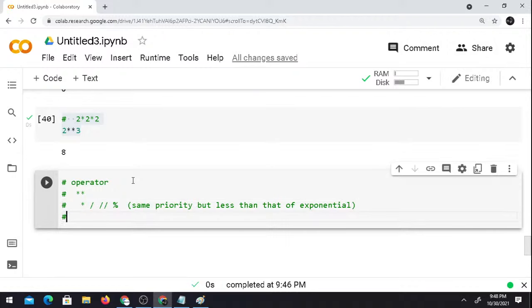Apart from that, we have the last priority to plus and minus. So these are the priorities which we set: exponential has the highest priority, then multiply, divide, float division, and modulus, which have the same priority but less than the exponential and more than the plus and minus. The plus and minus have the least priority among all the operators that are available. Now